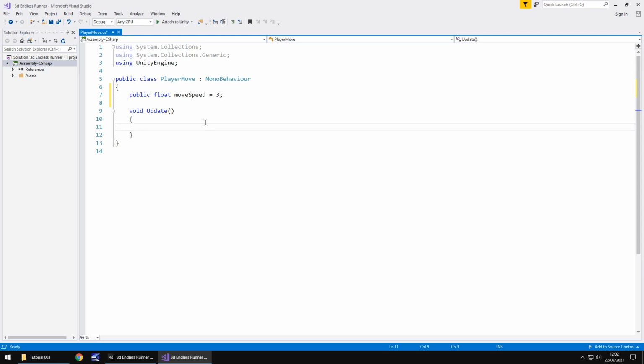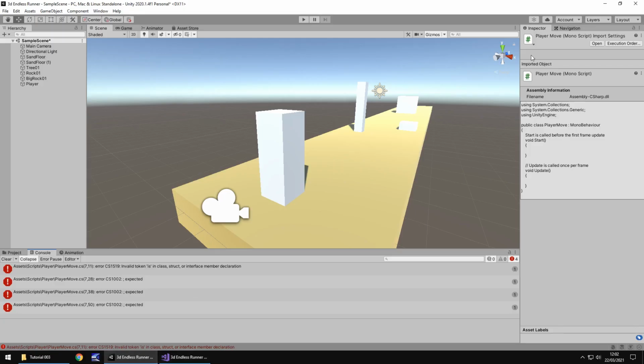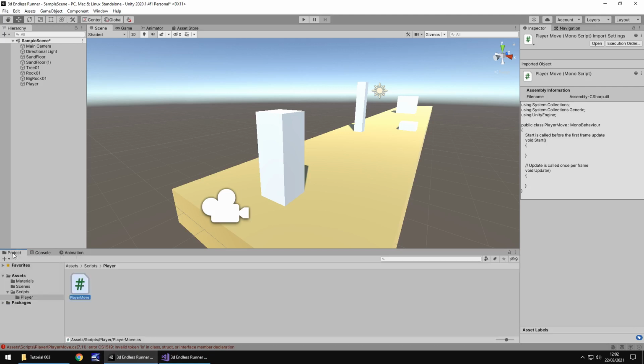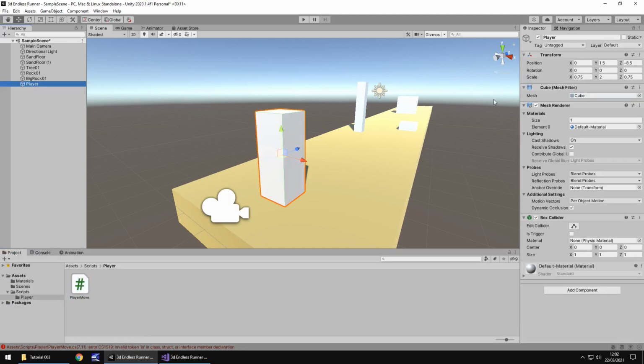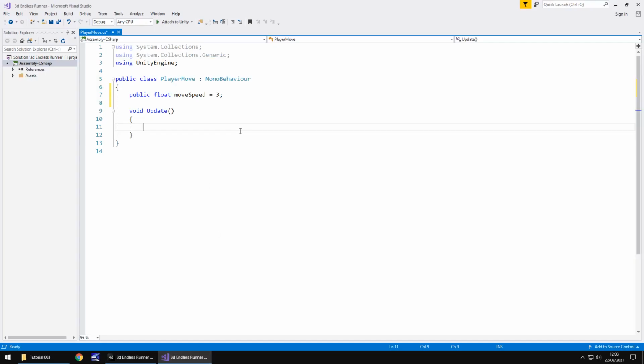So what do we do inside void update to have something moving constantly? Well, it all comes back to this section in Unity. So if we go back into Unity and click on the player, transform. So remember this position here, if we were to constantly move that, our player would be technically moving. So we want to play around with this section and get a script that automatically changes this value for us. So if we head back into Unity, we can say